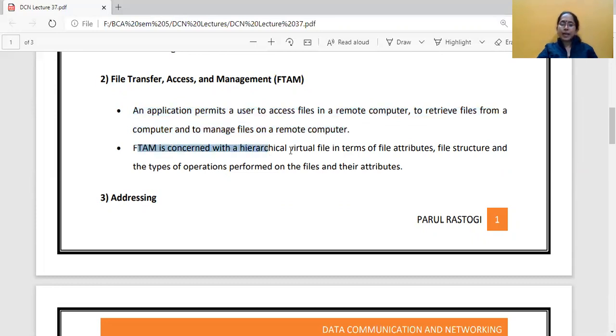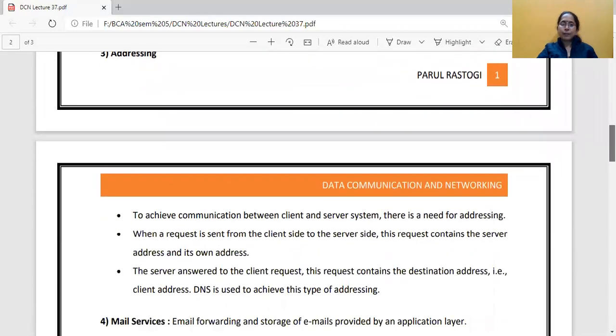FTAM is concerned with hierarchical virtual file in terms of file attributes, file structure, and types of operations performed on the files. Third function of application layer, as you can see, is addressing. यहाँ पे DNS काम आती है, protocol domain naming server. To achieve communication between client and server system, there is a need for addressing. When a request is sent from the client side to server side, this request contains the server address and its